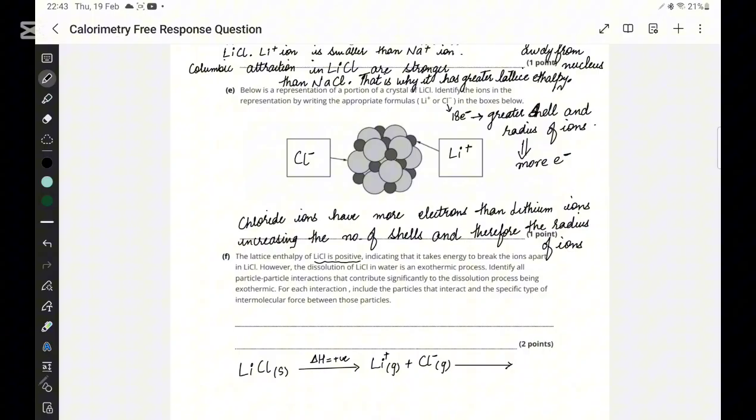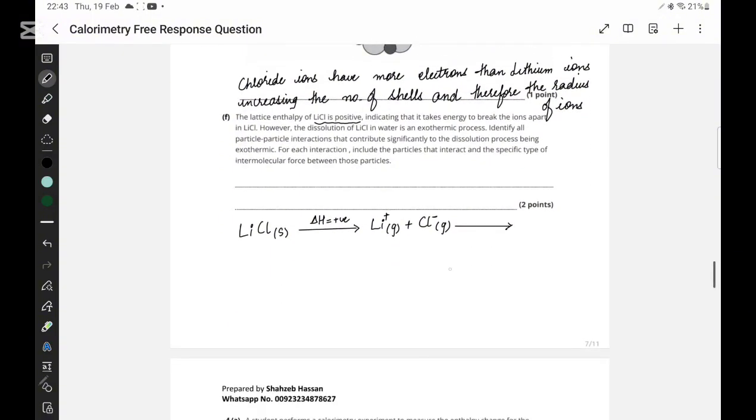There is a force of attraction that has been developed between Li+ and oxygen. You know, oxygen has a negative dipole and this has a partial positive. So this force of attraction that has been developed here is ion-dipole attraction. And this ion-dipole attraction is developed between the ion and the dipole, so we can write here that there